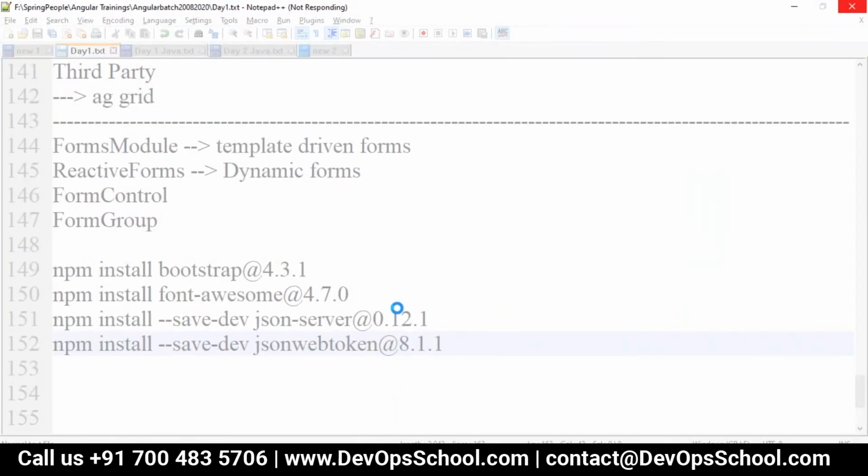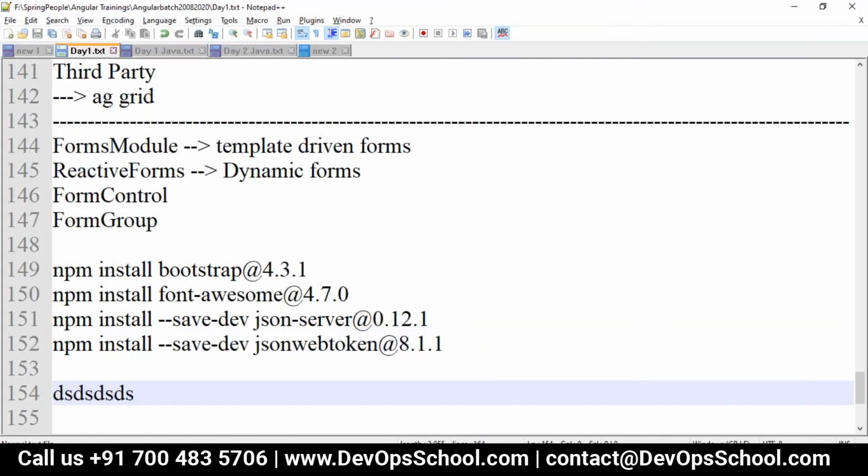Okay, it's hung. Okay, so that is where we want to go. What happened today?